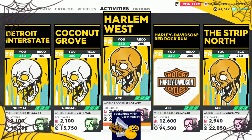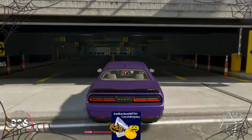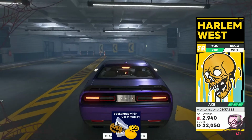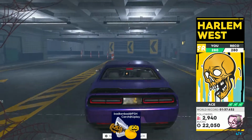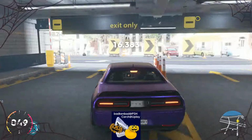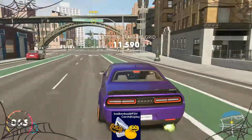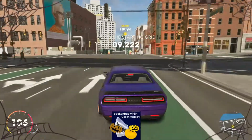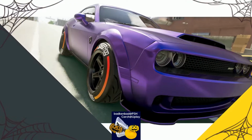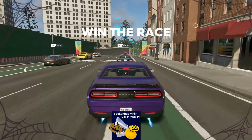Okay. Harlem West. This one's fun. I'm still undecided on this plum crazy paint shade, but I'm just going to stick with it. I would think the demon would want a little bit more of a demonic color. 2, 1. One of the stock colors is a nice kind of